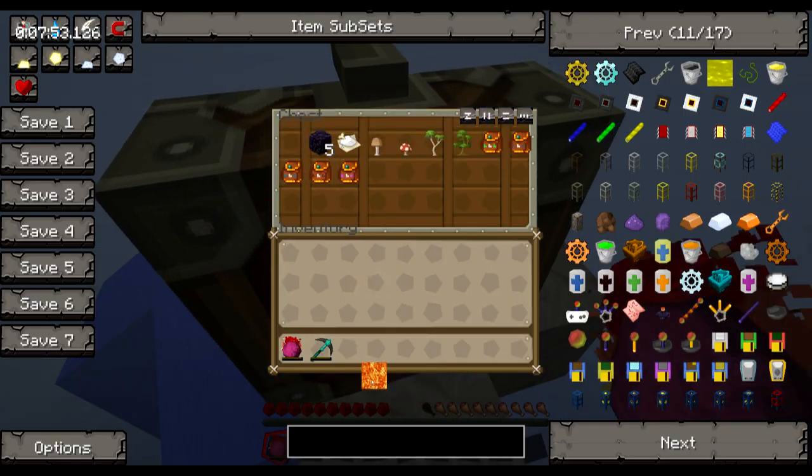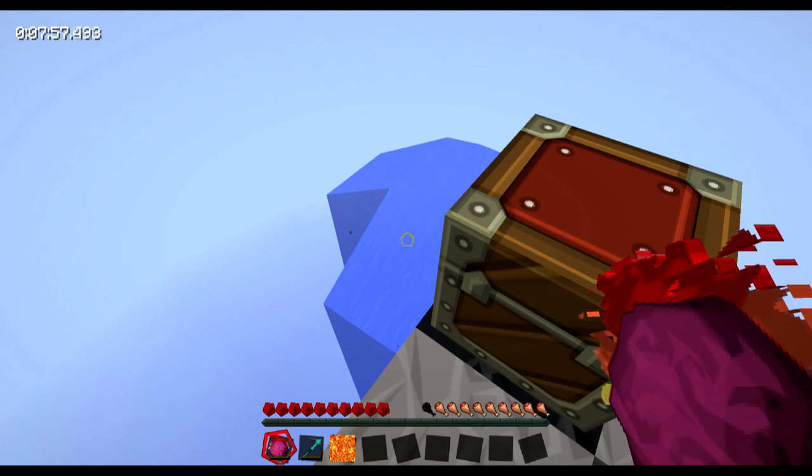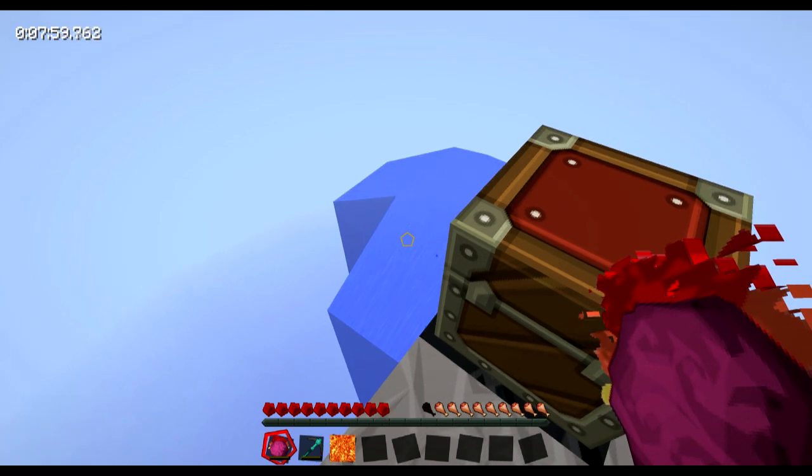Okay, so now what you do is you get the lava. Make sure you have, because when you place any sort of liquid block down, if you didn't already know this, what happens is water, as you know, spreads out one block, and